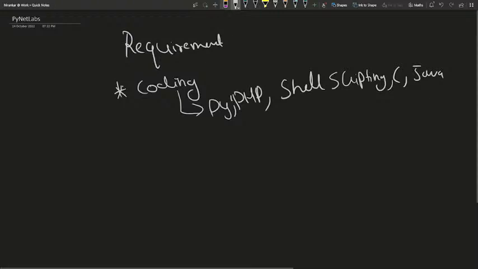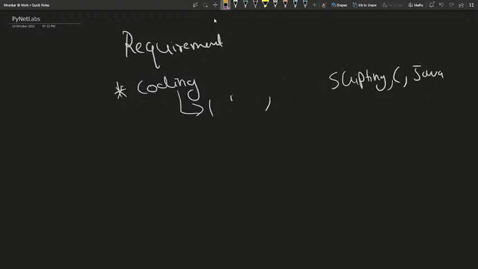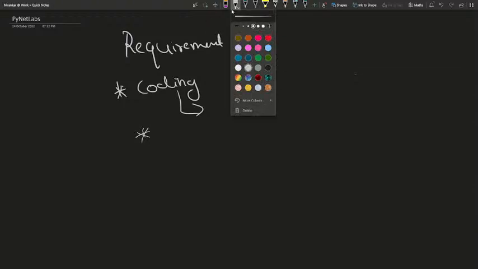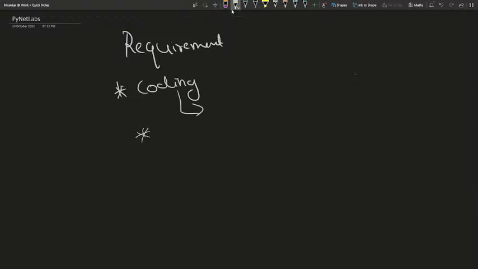These are the required programming languages, but if you don't know any of these, no problem. These are just for your own understanding. If you are knowledge-minded, you can understand any language because most of the syntax is similar. These programming languages are required to understand it, not to develop it. Most of the time we don't develop any tool, but if we do, it is explained. So Linux fundamentals: how Linux works.